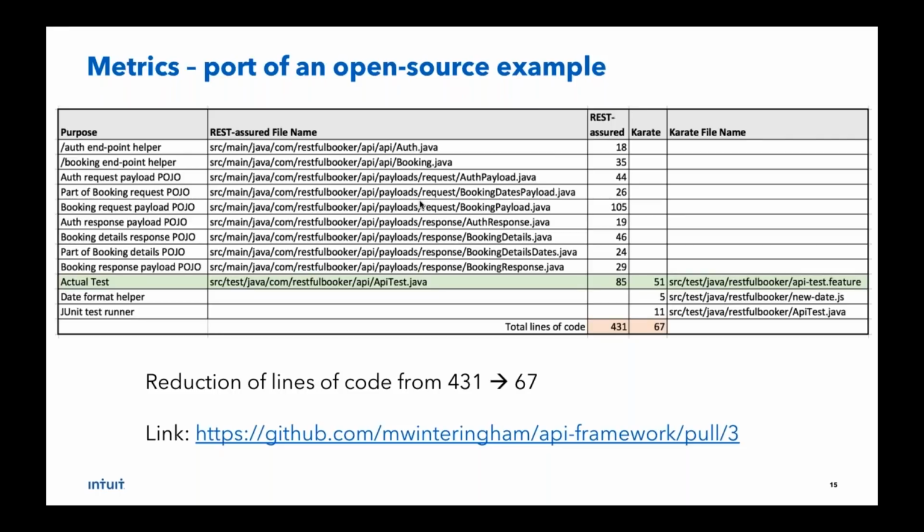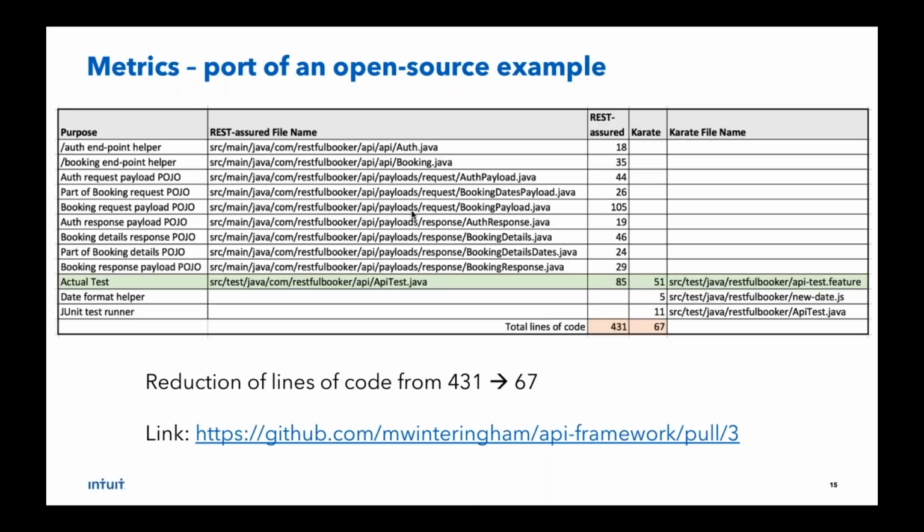Another example which you can look up, and it should be linked from the Rest Assured example, is, in case it wasn't clear yet, because Karate has this unique way of expressing JSON inline, and of course you can use JSON from a file if you want, which a lot of projects do, which makes things reusable. Because you don't need POJOs, you actually end up writing far fewer lines of code.